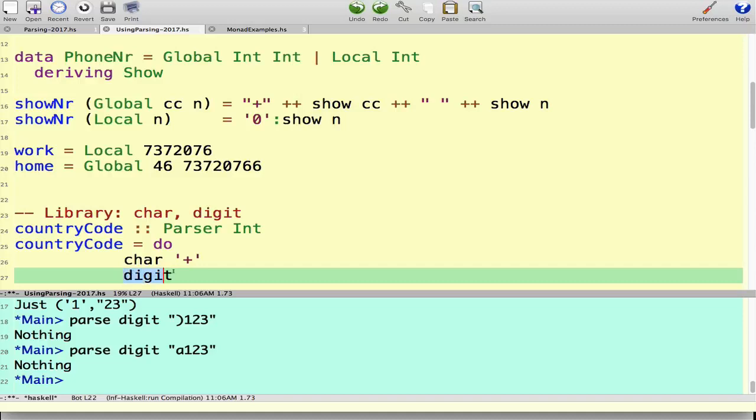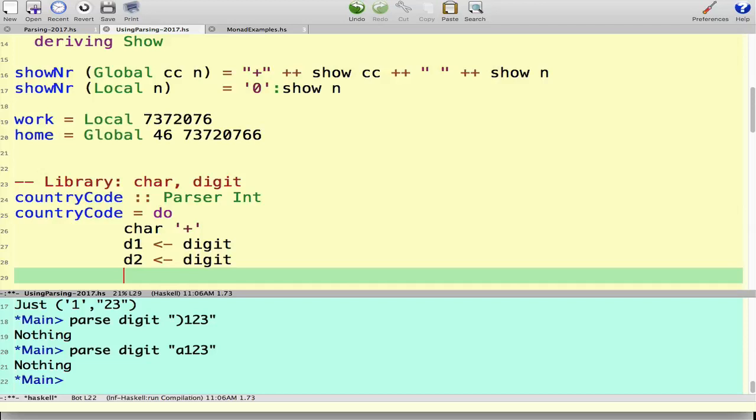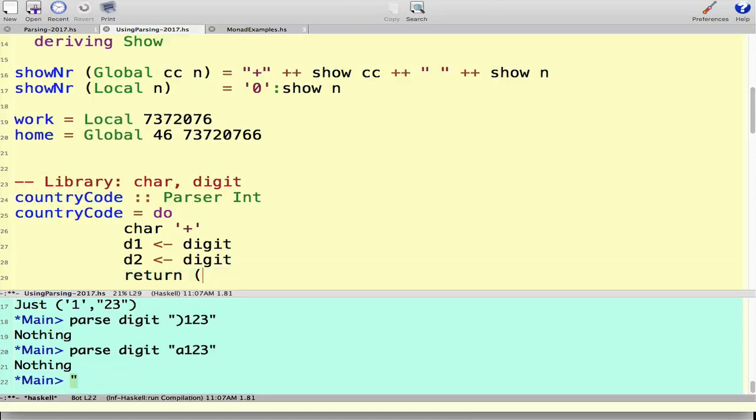So we're going to parse a digit, but we want to know what this digit is. So we're going to use the do notation in the same style. Let D be the name of the digit. Well, let's call it D1. It's the first digit. If that succeeds, then we're going to do the same thing again. D2 is another digit. We're going to get 2 digits. And then what are we going to do? Well, then the parser is going to return the value that it wants to build. It's going to take these 2 digits, D1 and D2, might be digits 1, 2, and turn them into